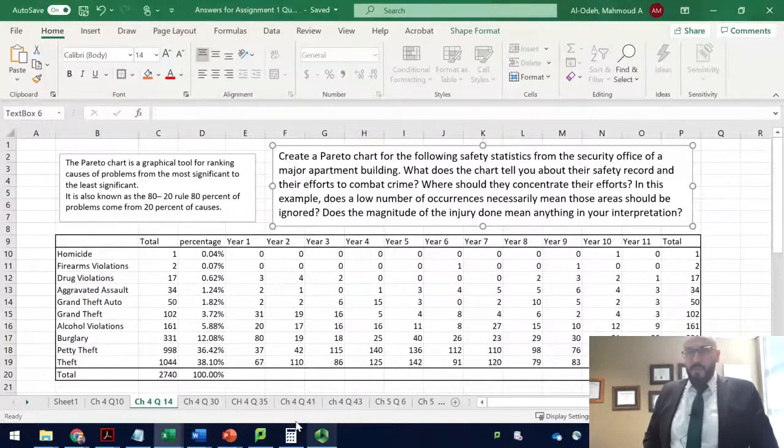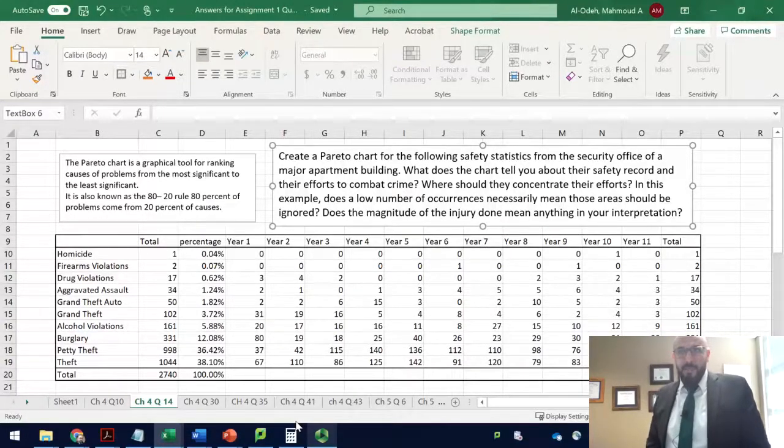First of all, let's have a quick introduction on why a Pareto chart is important for quality assurance or for quality managers. A Pareto chart is a graph that we use in quality to see where the most problems happen on the floor. So it's a graphical tool, and we use it to rank the causes of problems from highest, the most significant, to the least